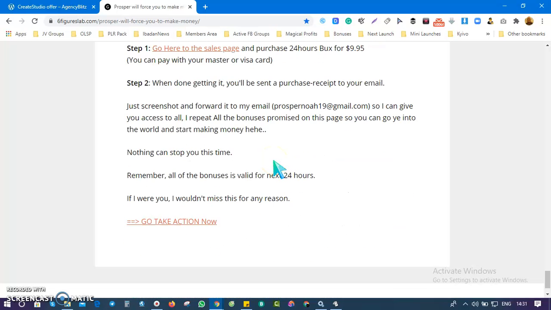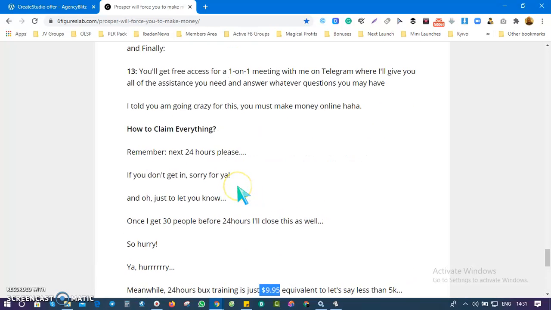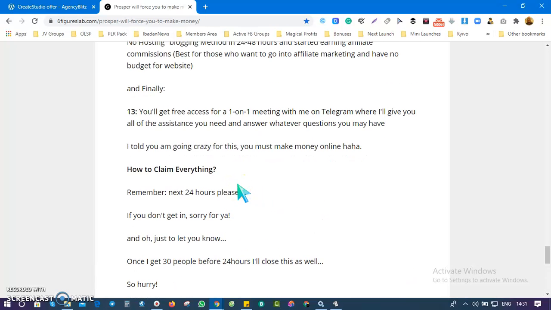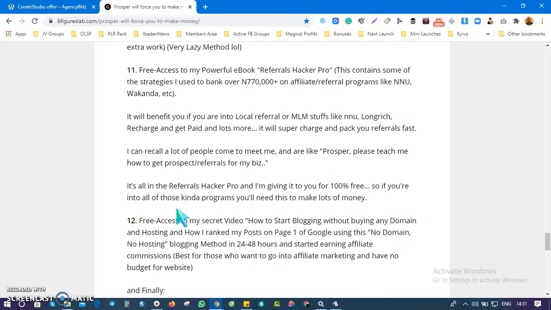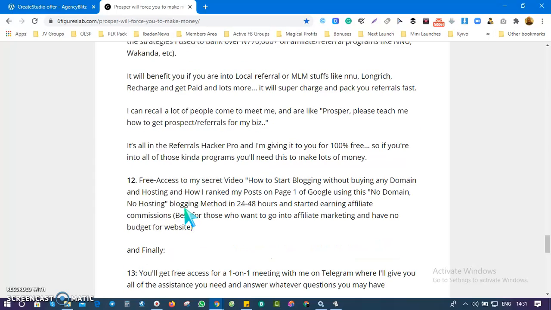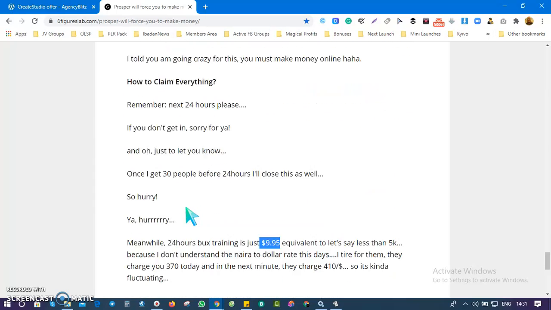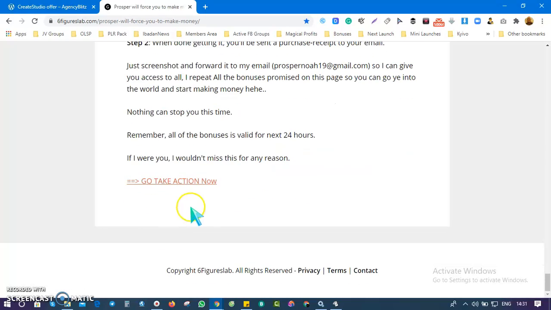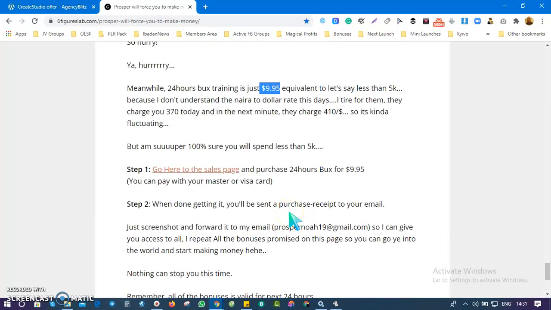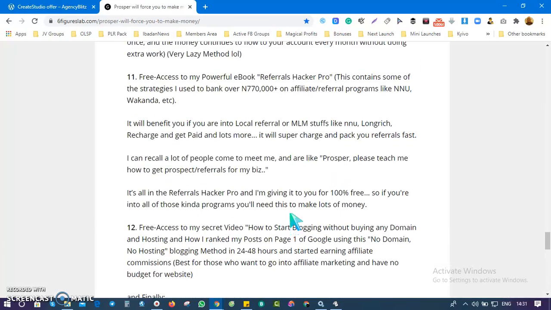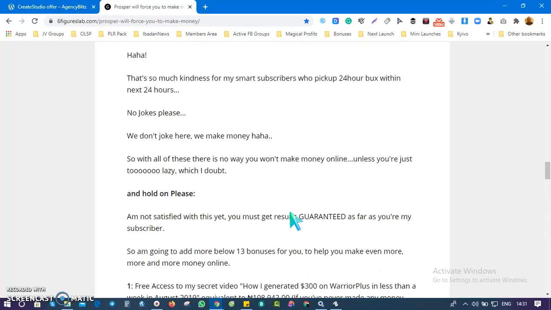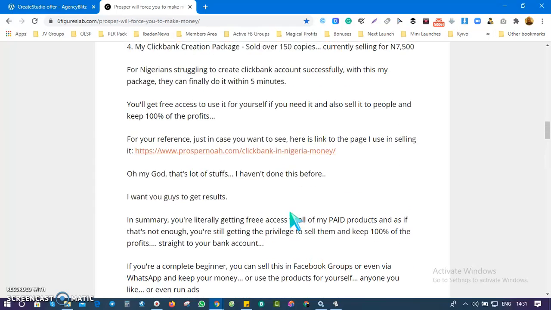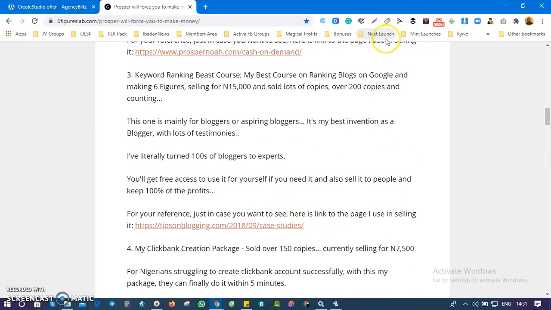make you an easy commission. You just take the time and then create your own bonus page, flow with it, put as many things that are very valuable to it. Mention the price that normally you should pay for this, but I'm giving it to you for free just for the next few hours. You pick it up and then I will send it to you, on and on. I don't want to share a link to this because it won't be okay, but you should have understood what I'm trying to say. You make sure you pile up valuable bonuses that are going to help your subscribers or your